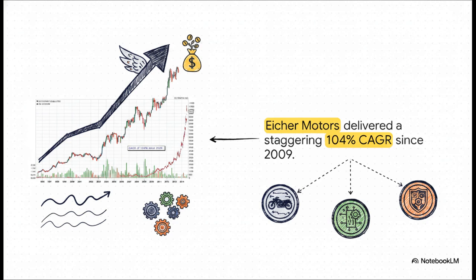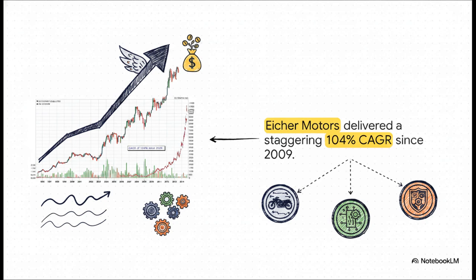Over the long term, fundamentally strong companies appreciate massively. The historical data tells us that a 20% compound annual growth rate, or CAGR, will double your money in roughly 3.5 years. But Eicher Motors, they showed a staggering 104% CAGR since 2009. Companies like Eicher, Infosys, and Bosch India, they have this incredible momentum when you zoom out and look at the